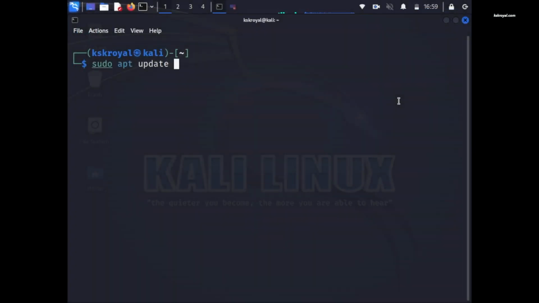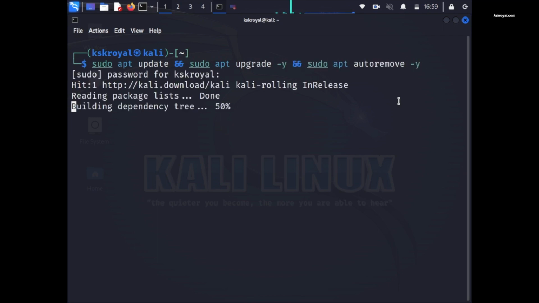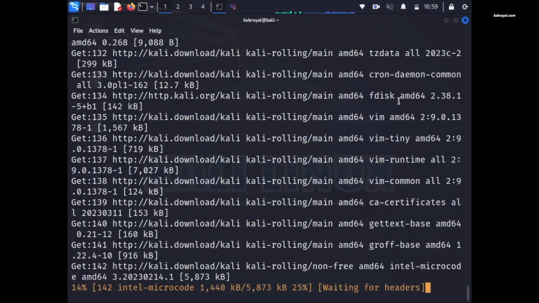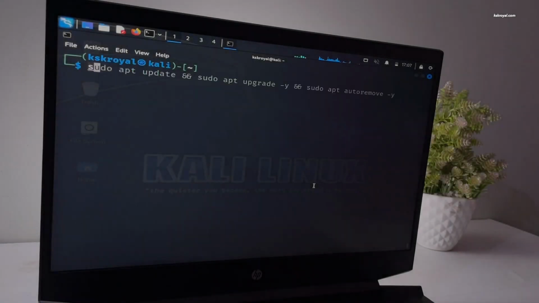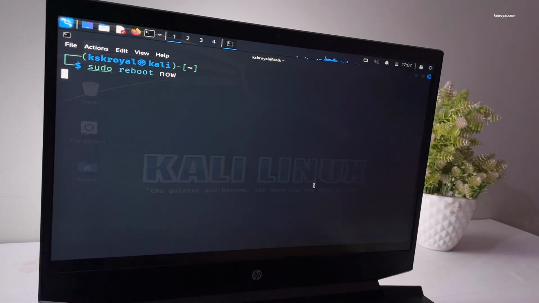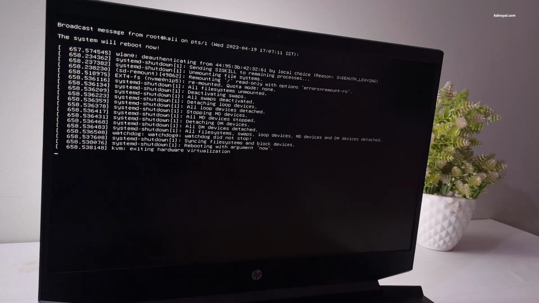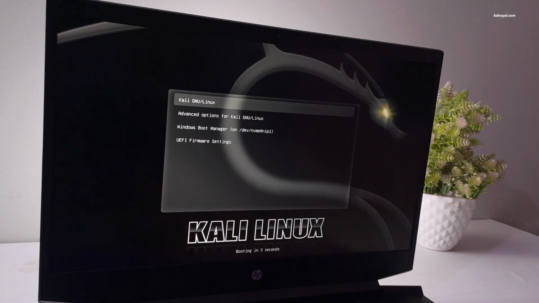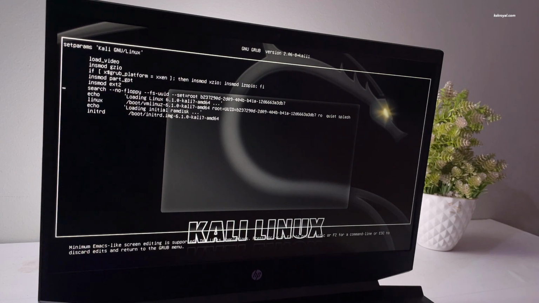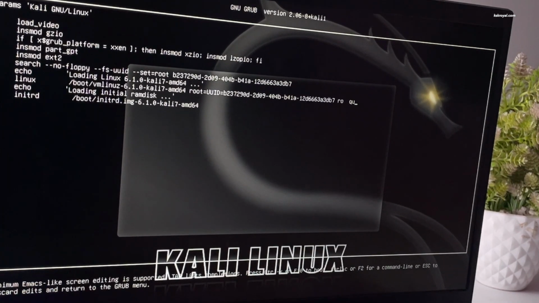Then inside Kali, open the terminal and run this command to update the system. Once it's done, reboot the PC. Again, press E and pass the kernel argument to disable the GPU temporarily and boot into Kali.